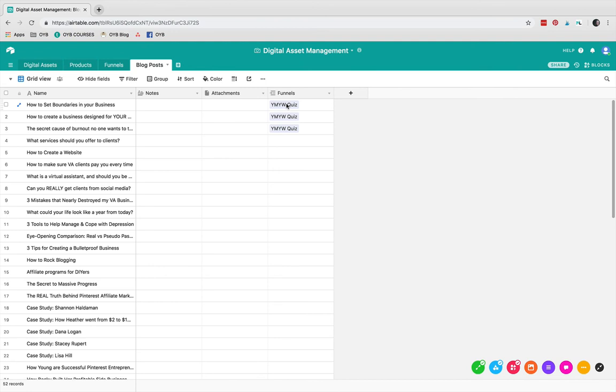And so if one area of my business maybe isn't doing as well, before creating all new content, I might look at the current content that I have, look at redesigning it, updating it, and then sending it out to either my affiliate partners or back out to my email list as is needed. Okay, so that's an example of one of the ways you can use Airtable, especially to organize all of your